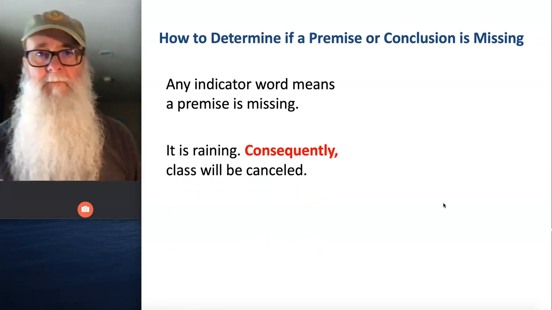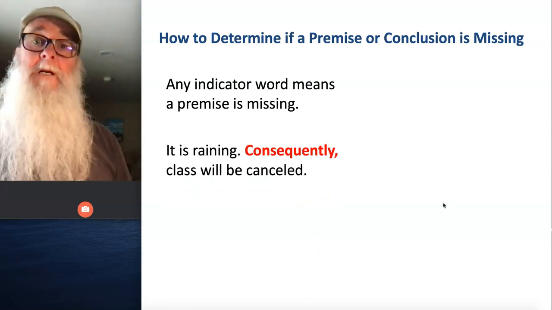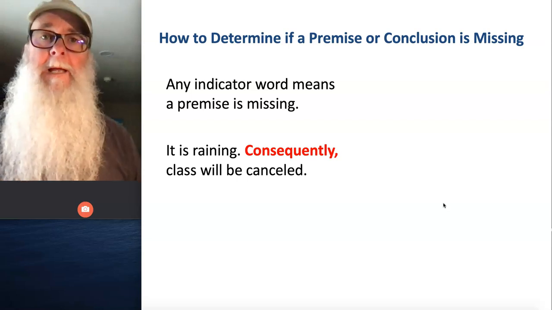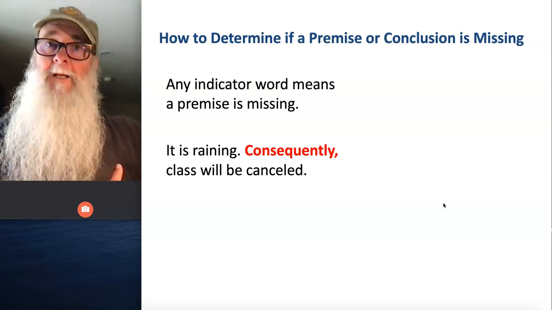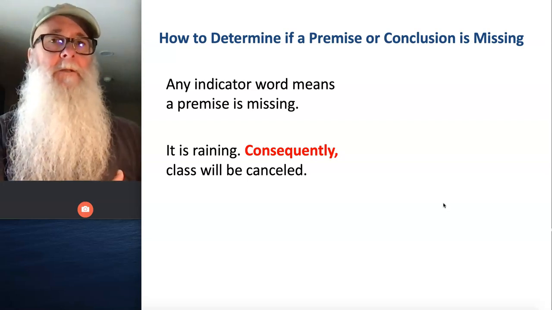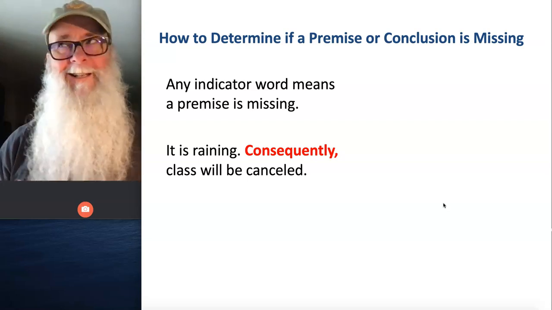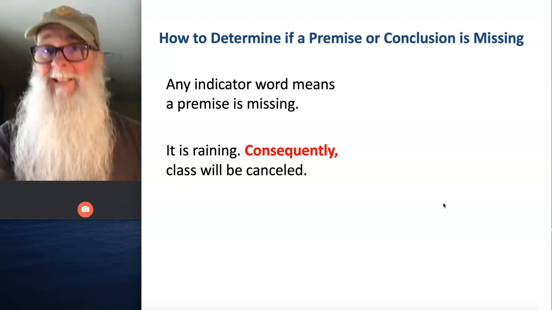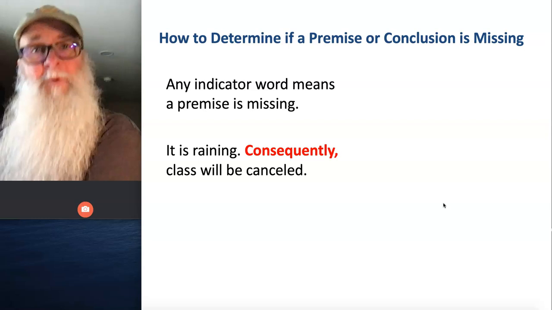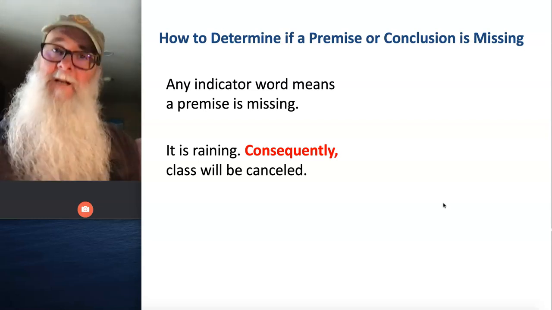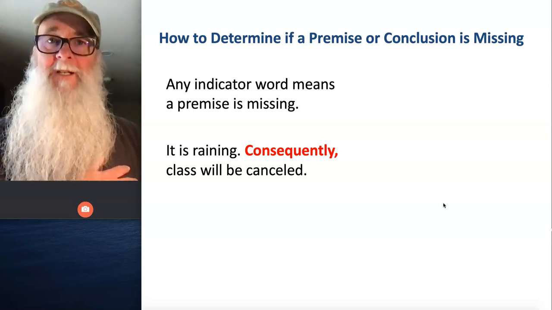Here's why. Take a look at this argument. It is raining. Consequently, class will be canceled. Now, the word consequently is a conclusion indicator. It tells us that the sentence that follows is the conclusion. But it also tells us this. I just told you something that leads me to a conclusion. I just told you that it's raining, and for that reason,